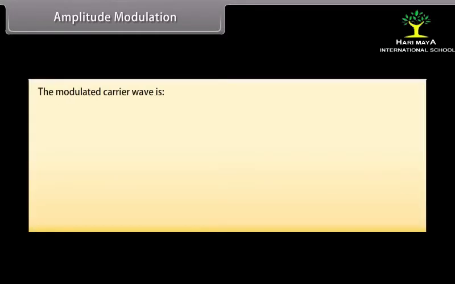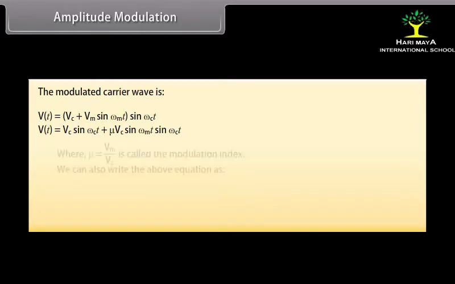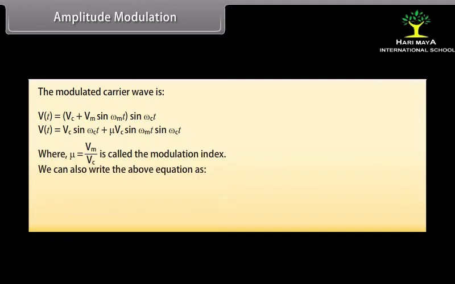The modulated carrier wave is given by v(t) is equal to (Vc plus Vm sin ωm t) multiplied by sin ωc t, which can be written as v(t) is equal to Vc sin ωc t plus μ Vc sin ωm t sin ωc t, where μ is equal to Vm by Vc, called the modulation index. We can also write the above equation as